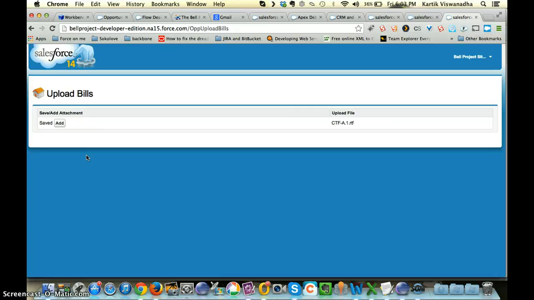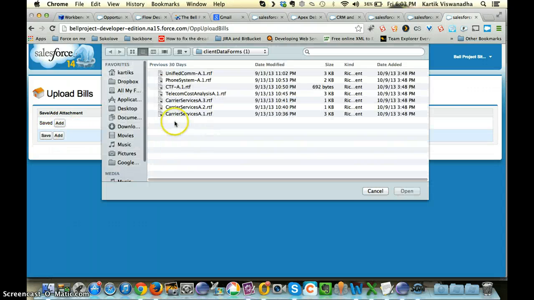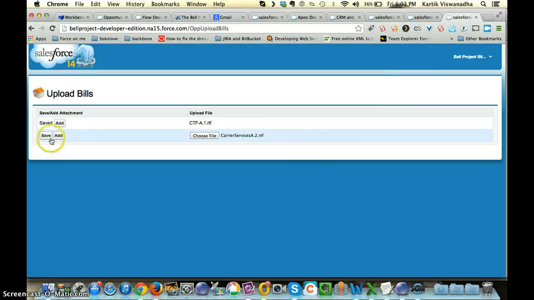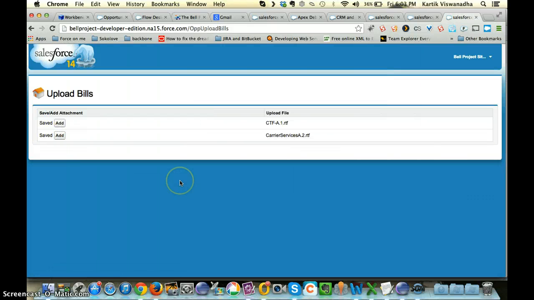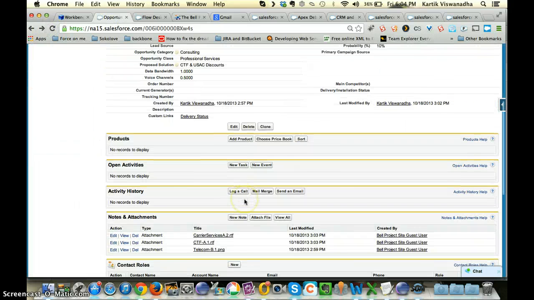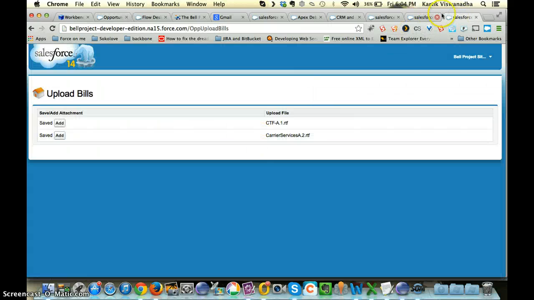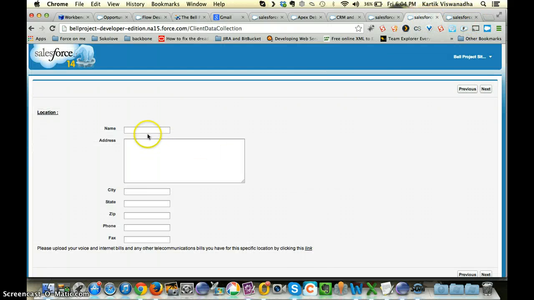So I have no idea why it's not working on the Firefox. It did work over here, so you can choose multiple files, and it is working on the Chrome. I have no idea why it's not working on the Firefox. So you can go to this, and you can see that these are attached. And the other thing you wanted to fill form,